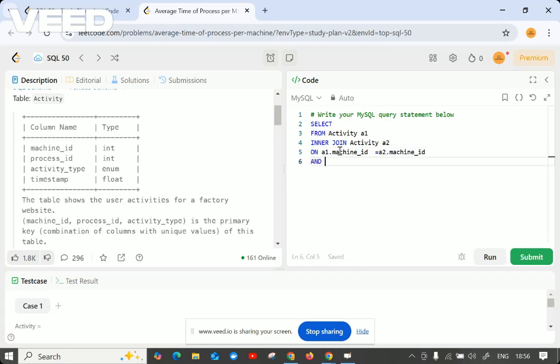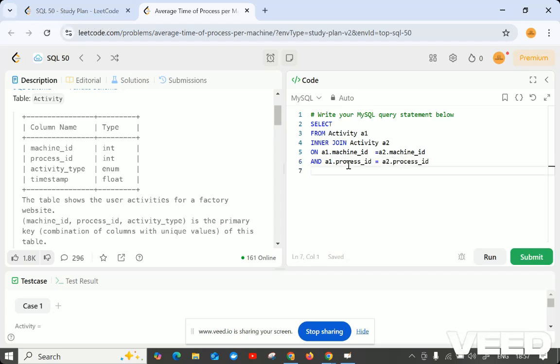Also we have to check the process thing: A1 dot process ID is equal to A2 dot process ID. And also one thing we have to make sure is that the timestamp of the end is greater than, right?